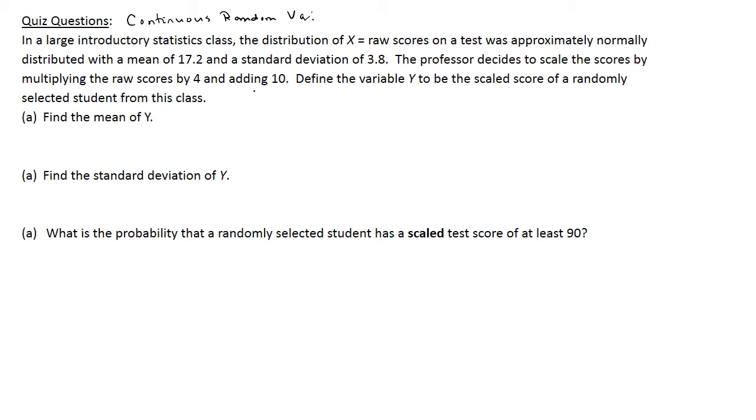So what you'll need to do here is find your new mean and standard deviation. And I just want to point out that the C part will be a normal distribution question. So you'll do it just like we did in class on Friday, and you'll use your answers for mean and standard deviation like that in the